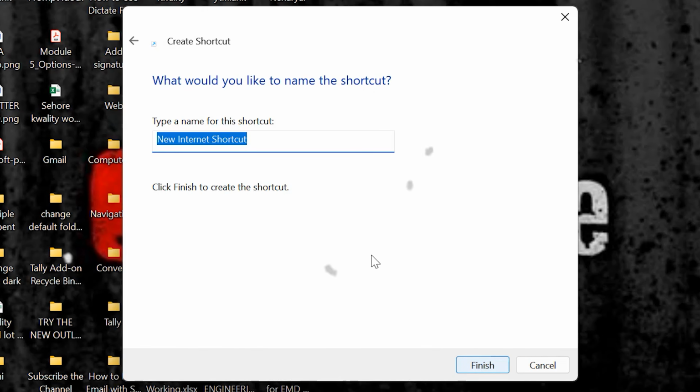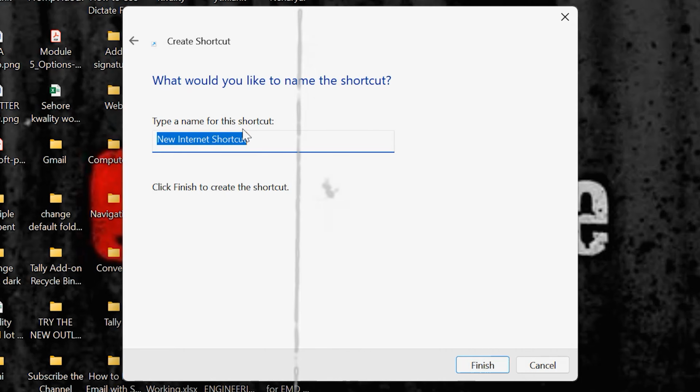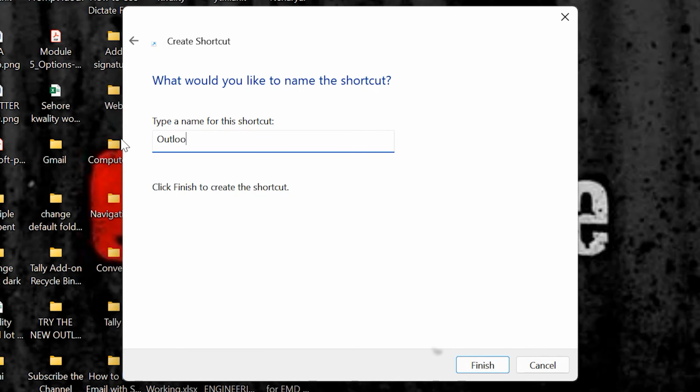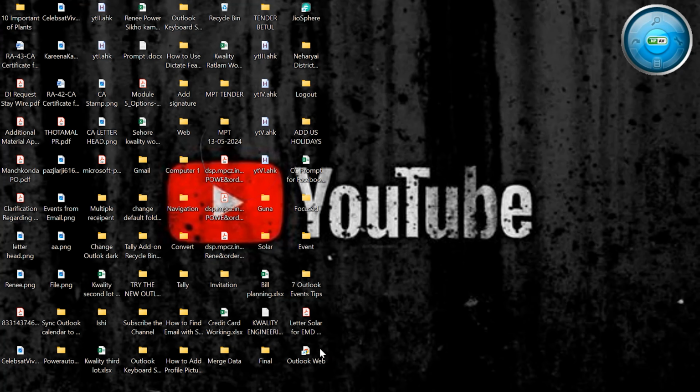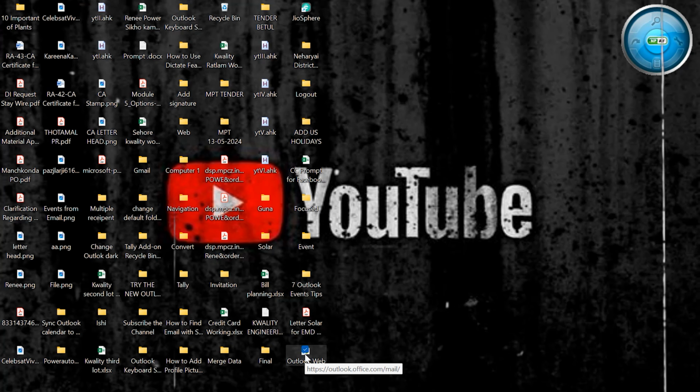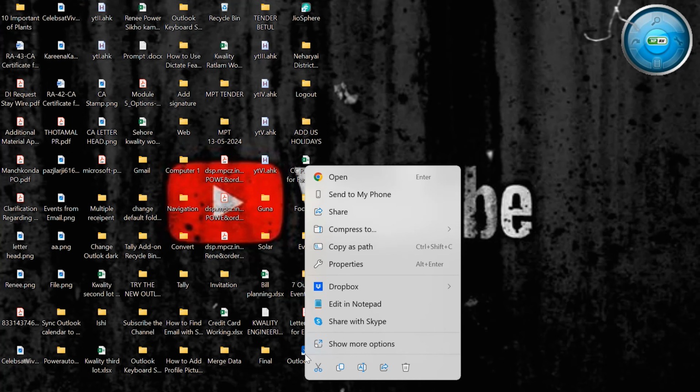Simply hit Next. Now type the name of the shortcut. So I type Outlook web. Now hit Finish. Now you will see your Outlook web is saved over here. Now what you need to do, again select this folder, click the right mouse button once again, and here you need